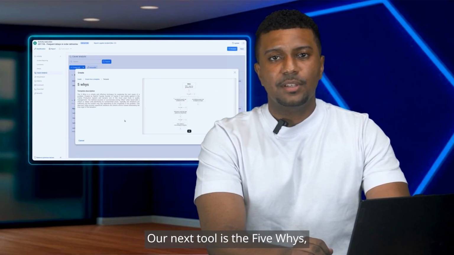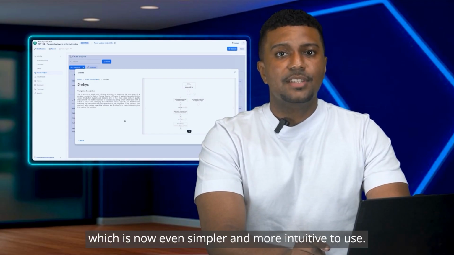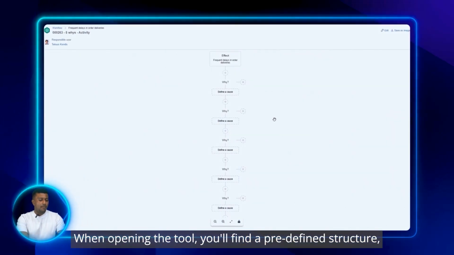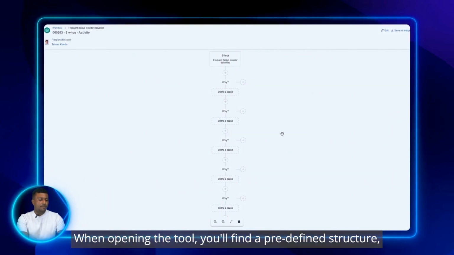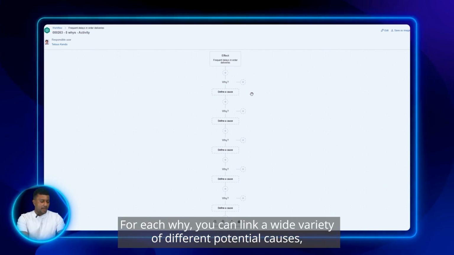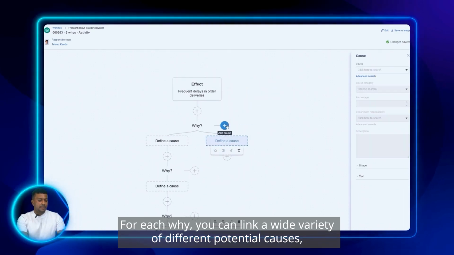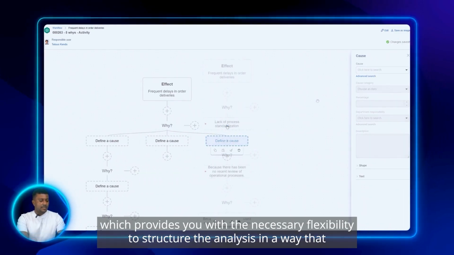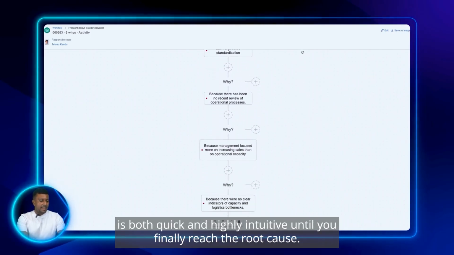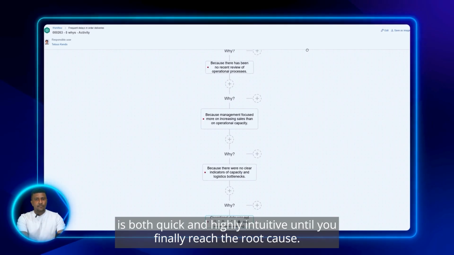Our next tool is the 5Whys, which is now even simpler and more intuitive to use. When opening the tool, you'll find a predefined structure, allowing you to focus only on defining the causes. For each why, you can link a wide variety of different potential causes, which provides you with the necessary flexibility to structure the analysis in a way that is both quick and highly intuitive, until you finally reach the root